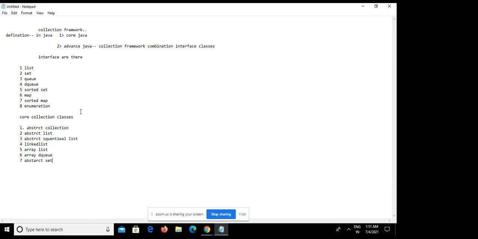Now come to linked hash set and linked hash map. Basically you have to remember, the interviewer generally asks what the interfaces of the collection framework are and what the classes are. Can you see? I'm giving you more than enough classes. You don't have to go deep there, but I am writing them down and I will come to each one by one.